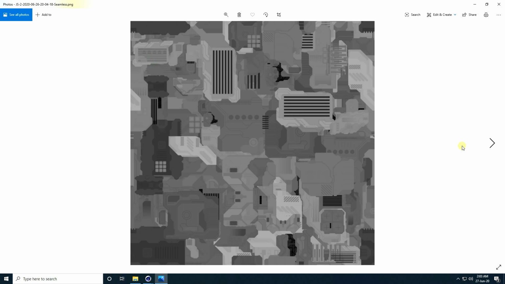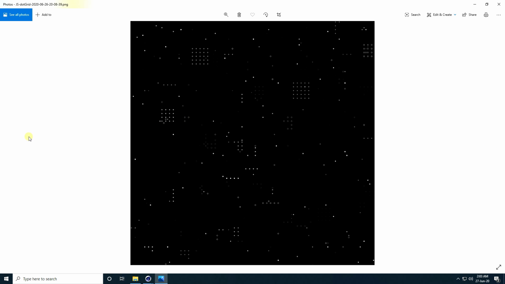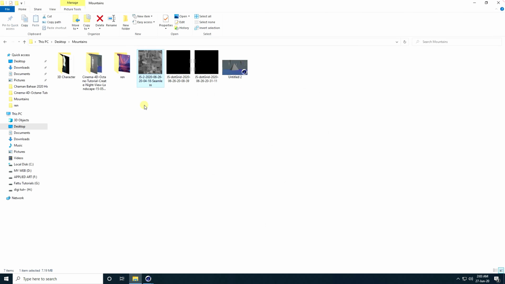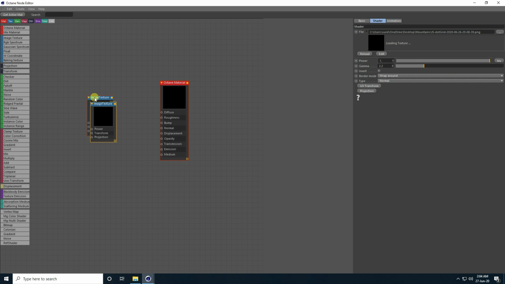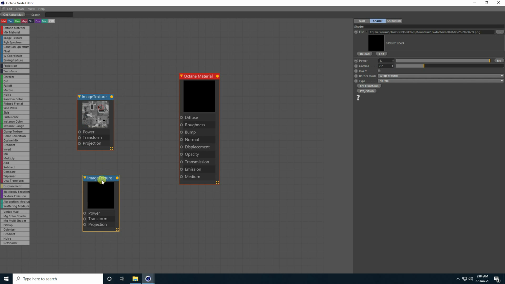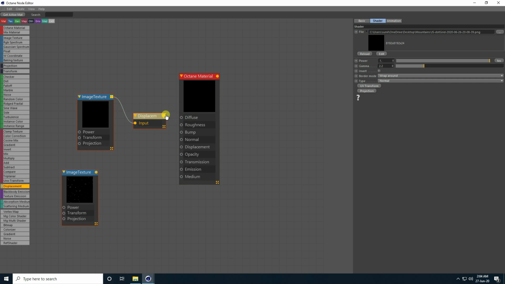That's my texture, and that's my second one, a dotted grid texture. That's my simple one. Select both, drag and drop into the node editor.